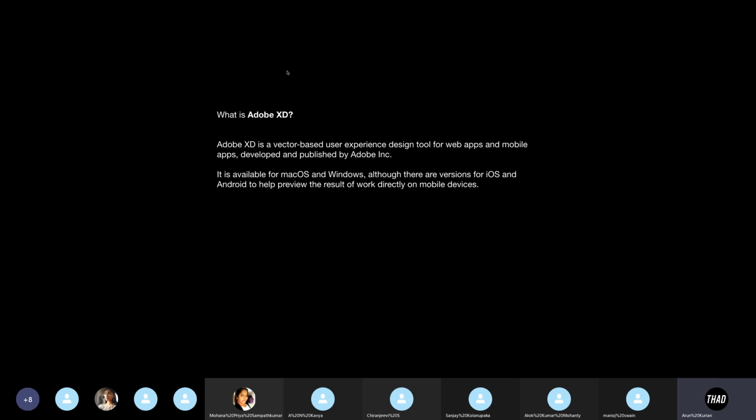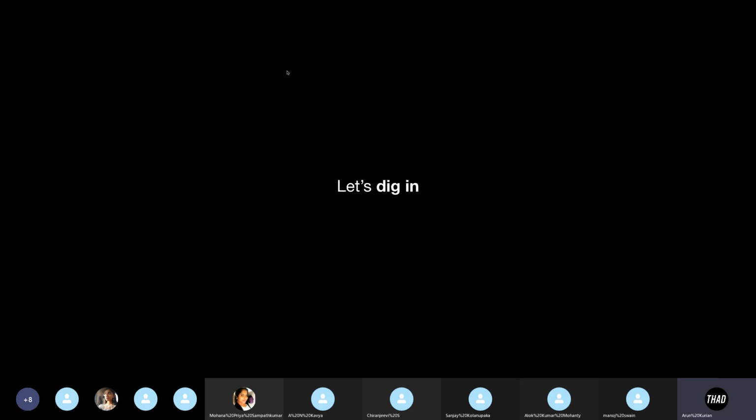Adobe XD is available on Windows and Mac. It also has applications for Android and iOS, so that you can plug and play the designs that you created in Adobe XD on your phone, and you can do a design QA.